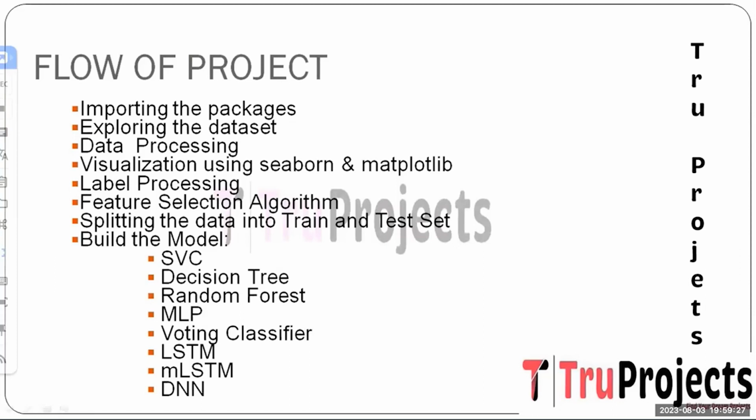The first one is SVC, that is, support vector machine, a supervised learning algorithm that aims to classify the data into different classes by finding the optimal hyperplane that best separates the data points of the different classes. In this context of ransomware detection, SVC learns the patterns from the labeled data and creates a decision boundary to distinguish between the normal and the ransomware instances.